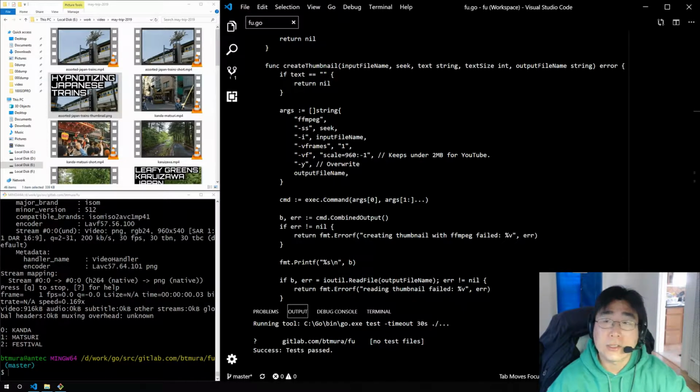I've enhanced the FFmpeg utility tool that I've been working on, the FU tool, to now create thumbnails out of videos. So today I'm going to show you how to read and write files, decode and encode PNG image files, and also use the TrueType, the font, the face, the draw packages all together to render text on those images